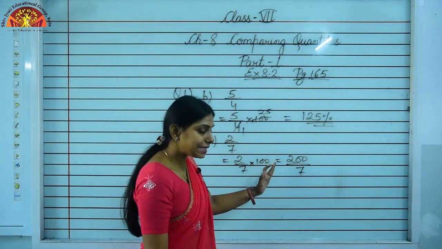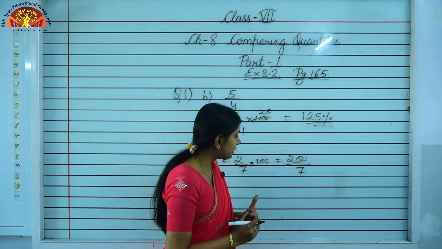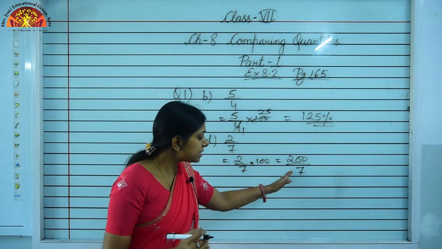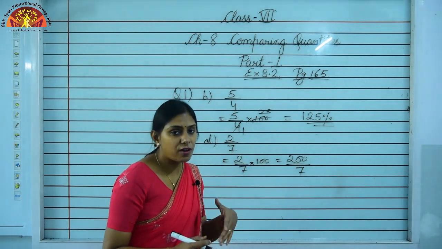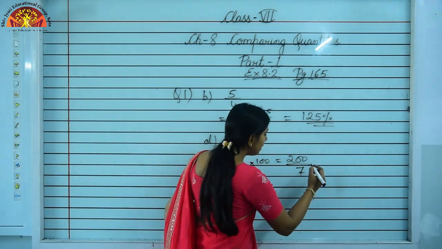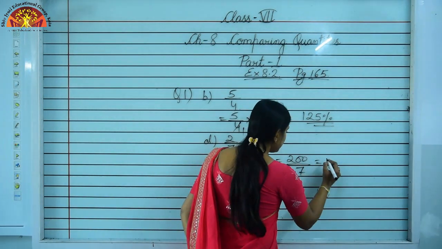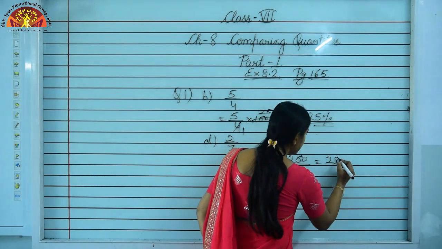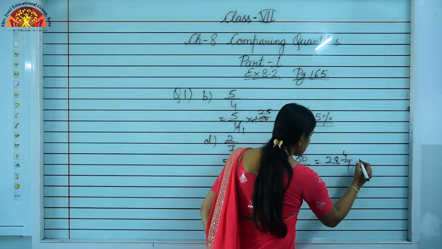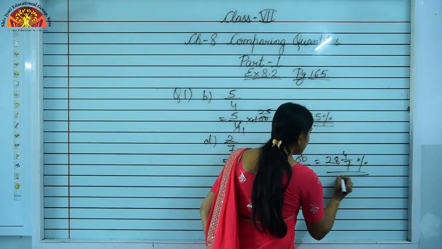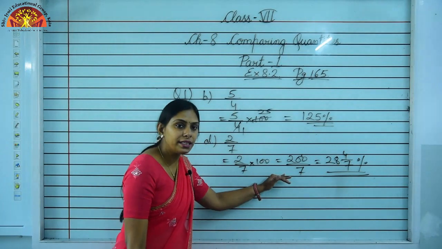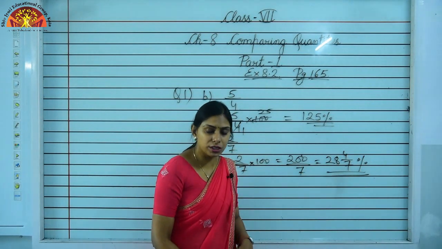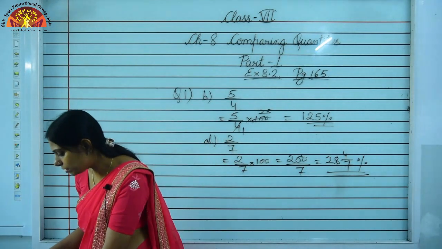Okay. You can see children that it is an improper fraction. That means the numerator is greater than the denominator. That means you have to change it into mixed fraction and that you know very well. So it will be 7 2s are 14, okay. It is 6, so 7 8s are 56, carry 4. So it is 28 4 upon 7%. When you just divide, your mixed fraction will be 28 4 upon 7%. Got it? Now just see the next question over here children.